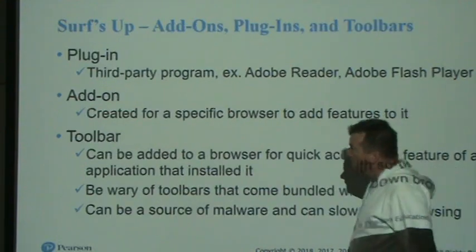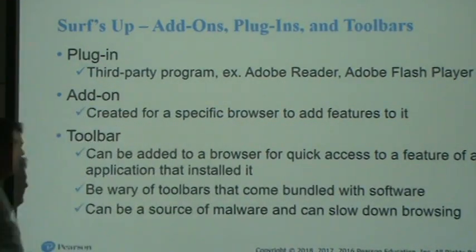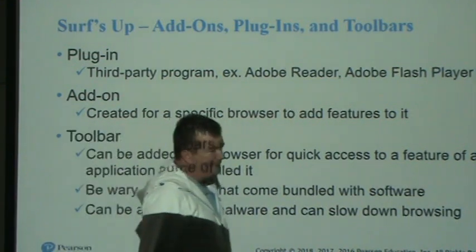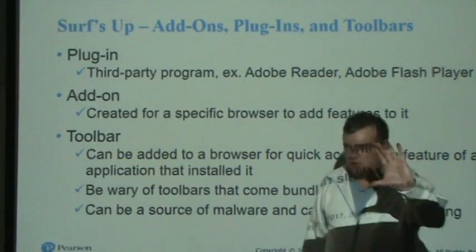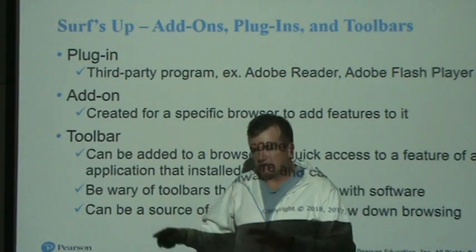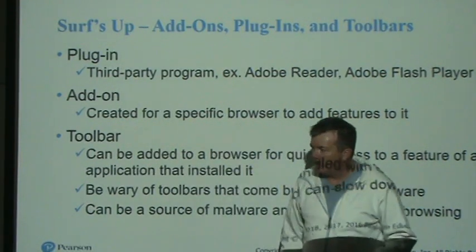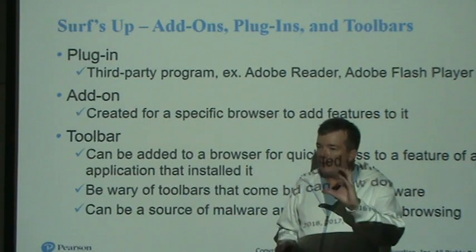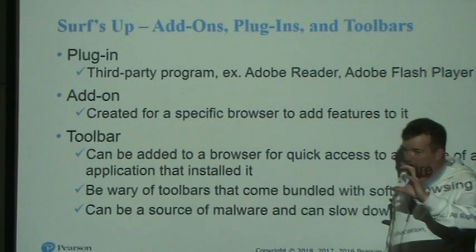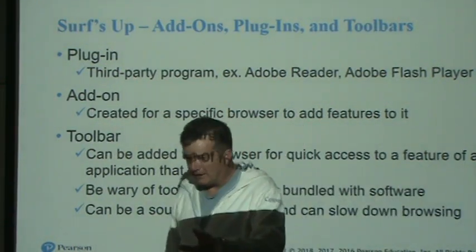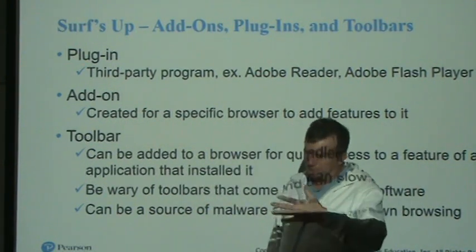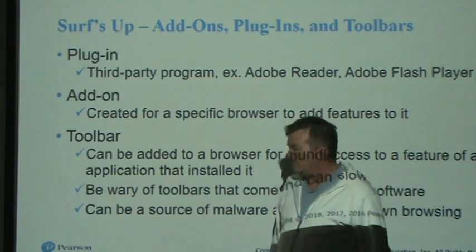Okay, so plugins, add-ons, and toolbars. So for example, if you've ever gone to a website where they have a Flash animation, they're going to play a little animation on their website. Not a movie, it's not like taking you to YouTube and having you watch a movie. But they're going to do an animation on it, and if your web browser doesn't have Flash on it, which is made by Adobe, a message might pop up and say, you can't view this website because you don't have Flash. Would you like to download it? You can download it. It's made by Adobe, so hopefully you don't download it from some company other than Adobe.